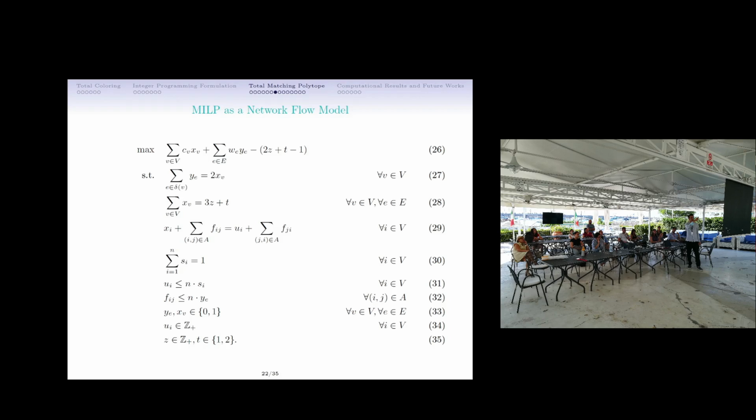If the corresponding variable is set to 1, then the point is contained in that cycle, and so the sum is 2. Since we have a network flow model, this network here has arcs in both